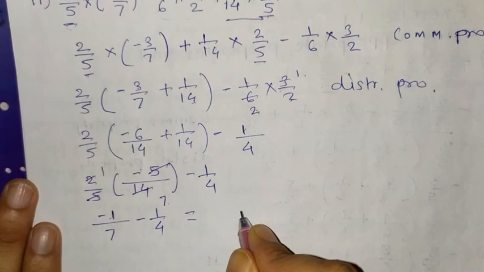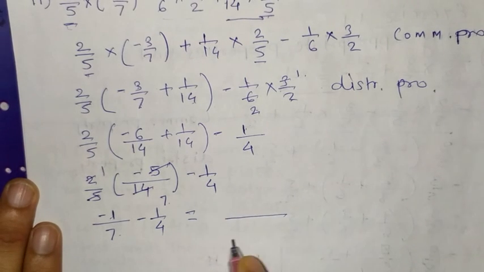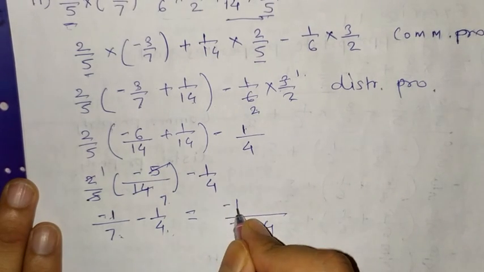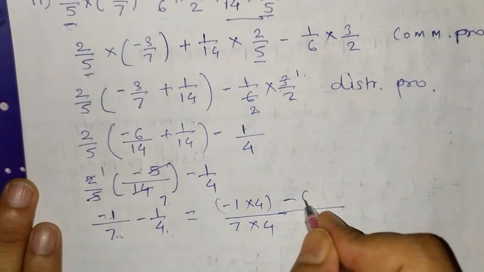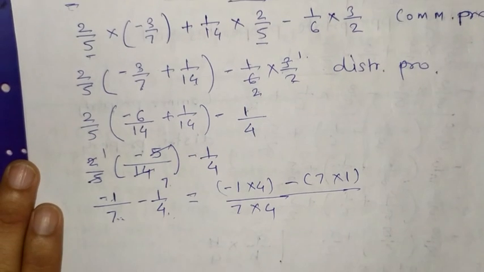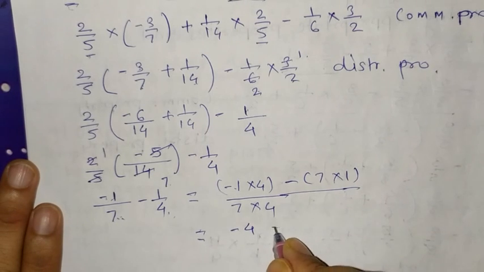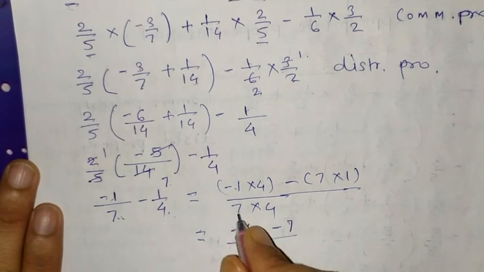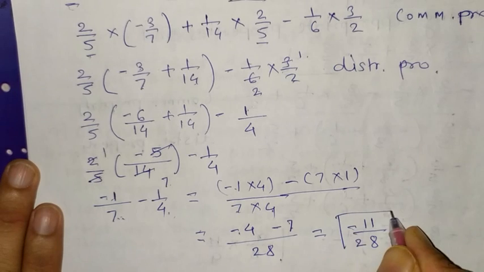Then here different numbers are there. So how will you solve that? 7 into 4 you directly do, downside. Minus 1 into 4. This is one pair, in the middle minus is there, 7 into 1. I think you already learned this in 7th standard. Minus 1 into 4 is minus 4. 7 into 1 is 7. 7 into 4, 28. Minus 7 minus 4, minus 11. And this is your answer.